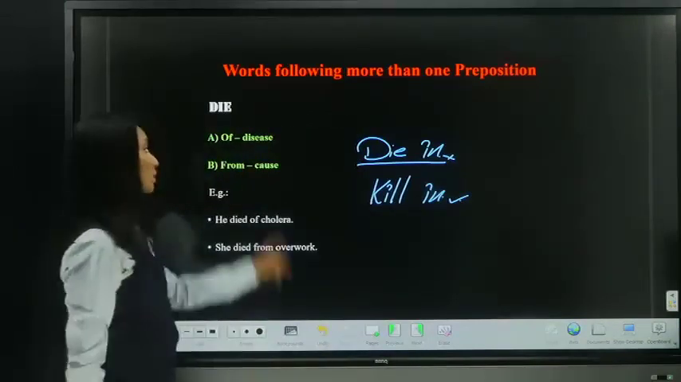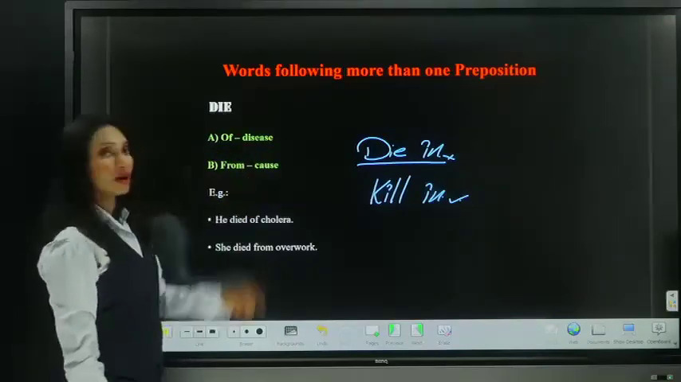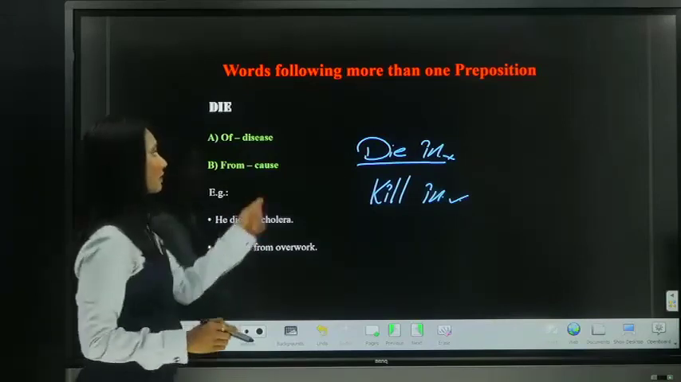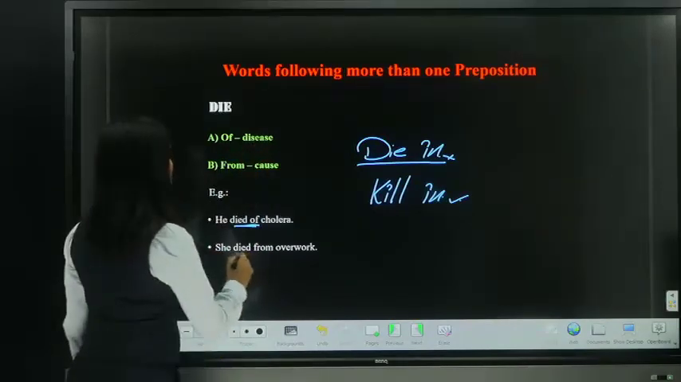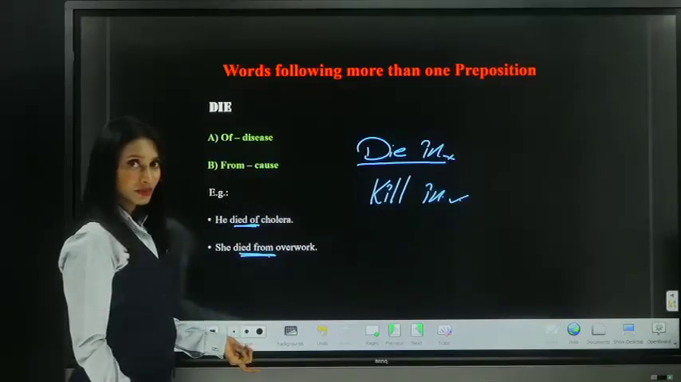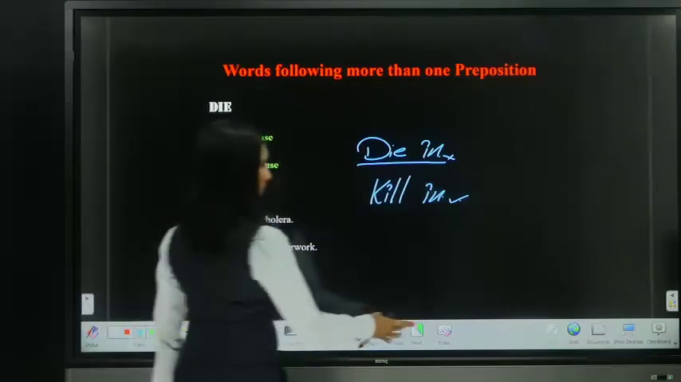So I'm talking about only two. Die of disease, die from cause. For example, he died of cholera, a disease. She died from overwork, some cause. So do remember, guys, die of disease, die from some cause. Next one,